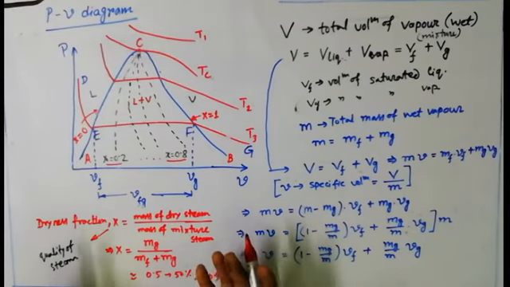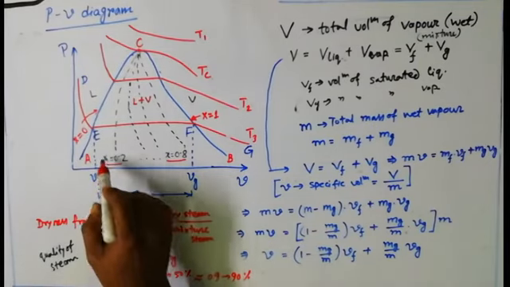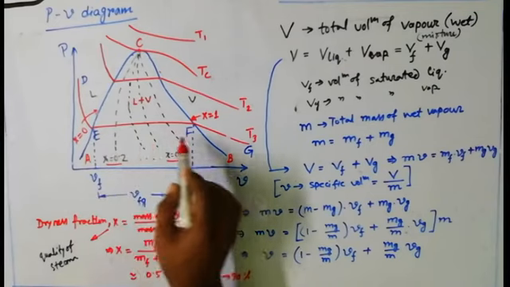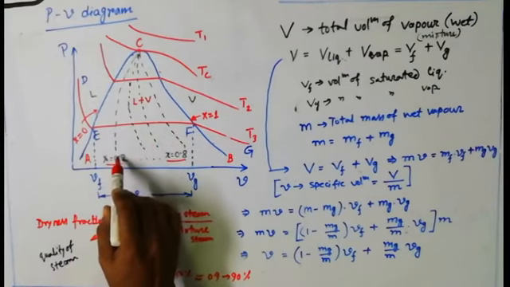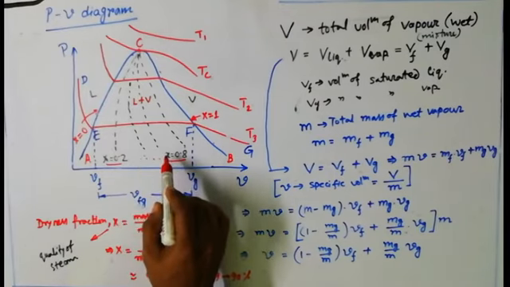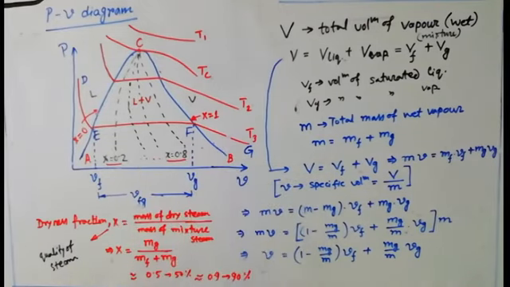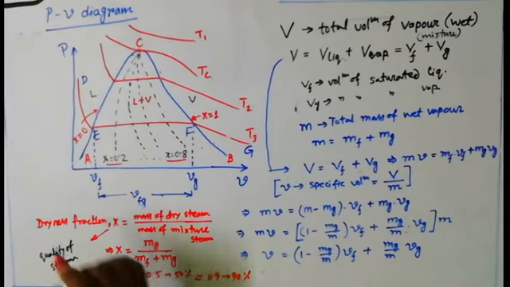Complete substance is liquid, so that's why it will be 0. No dry part is there. Similarly, while you are moving from that line to this line, you can see I have shown x equal to 0.2, then it will be 0.4, 0.7, then 0.8, 0.9, 0.95, then it will be 1. So what is the dryness fraction range?